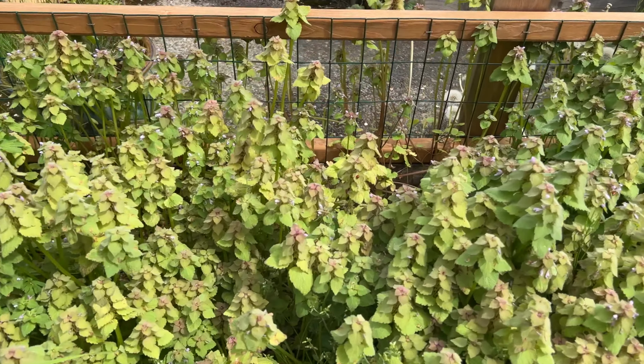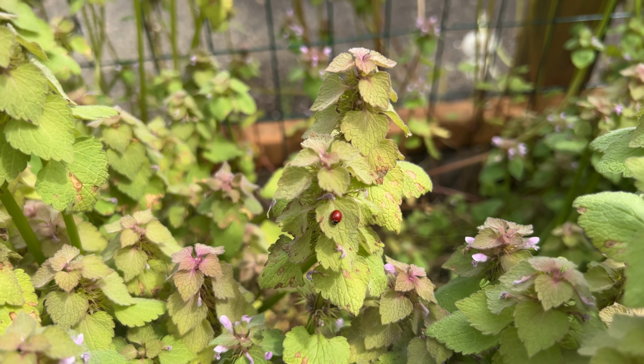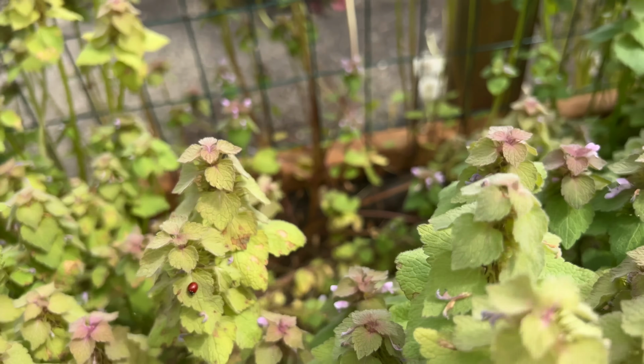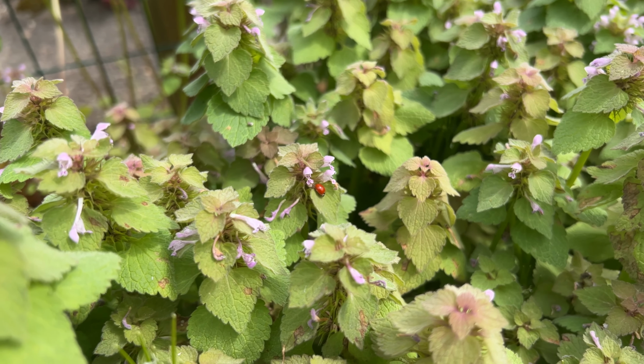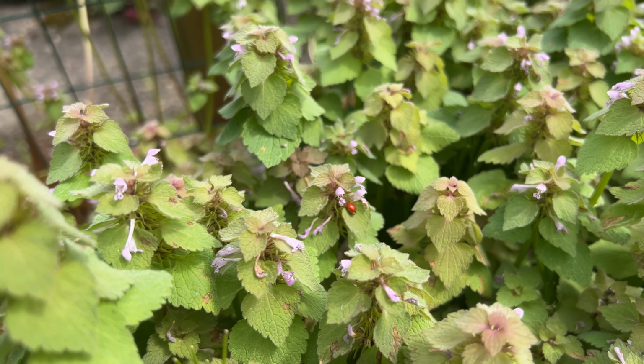vegetables and whatnot. Oh my gosh, look, a little ladybug. Oh, that is the best thing I've seen all day. Another one. Oh my god. Y'all, I am so stoked. We have, I kind of skipped over the